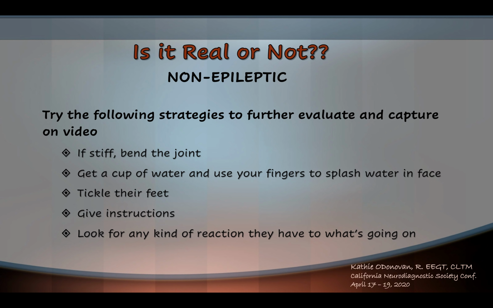That would prove whether it is or not because of abnormal activity in their brain. You can get a cup of water and stick your fingers in there and flick water on their face, because people will react to that, especially if they aren't noticing you. They don't see you doing it. Come around from the side, do it discreetly, and it'll surprise them, and that'll be captured on camera. And you always want to make sure that there's nobody in there that's in the way of the camera. It's very important. You can also tickle their feet, and they'll react to that. They can't help it.